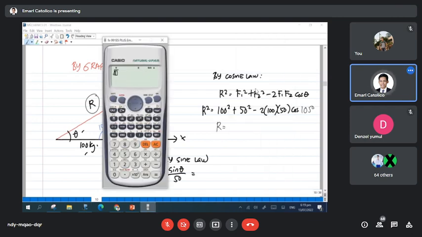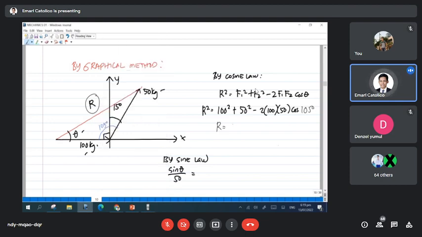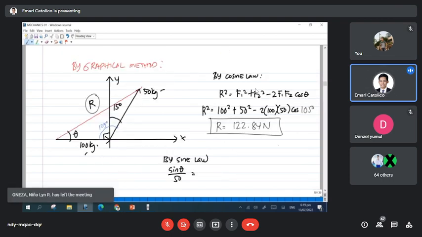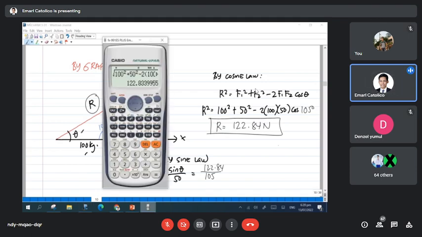So, square root of 100 squared plus 50 squared minus 2 times 100 times 50 cosine 105. Okay. So, resultant natin is 122.84 Newton. Okay? So, itong sine law, makukuha to sa pagkuha ng theta. So, sine theta, katapat ng theta is 50, 105. Katapat ng 105 is yung resultant, which is 122.84. So, masasolve mo si theta. Sine inverse of